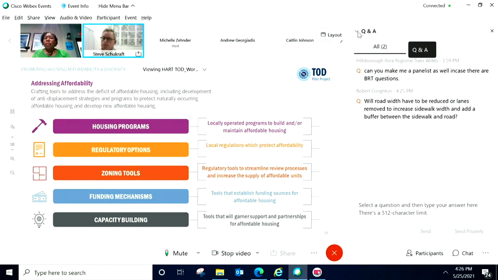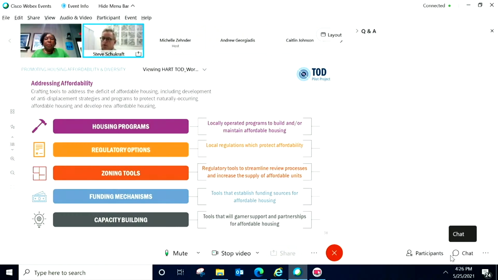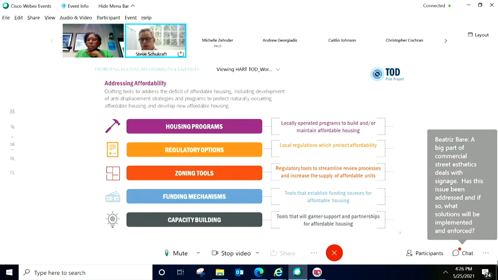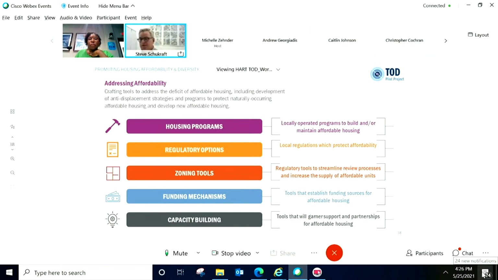Looking at the funding mechanisms and making it possible for both for-profit and non-profit developers to deliver affordable projects, and then capacity building. So build the capacity of the organizations that are already working to deliver affordable housing, and the best example we have is the University Area CDC, to elevate their program to do more of what they're doing well now, and just help them expand both geographically and the number of units they're delivering to the market.